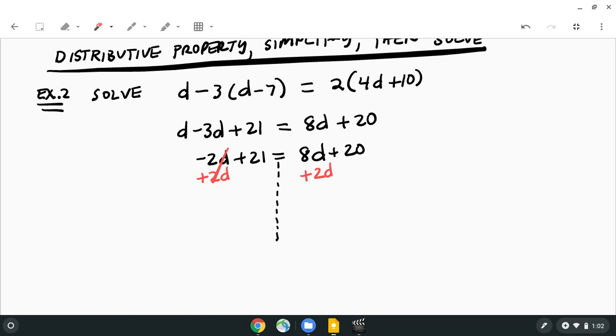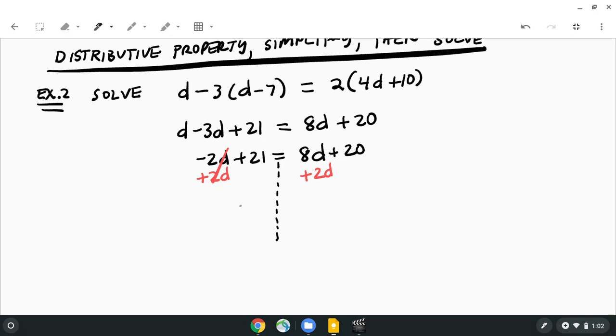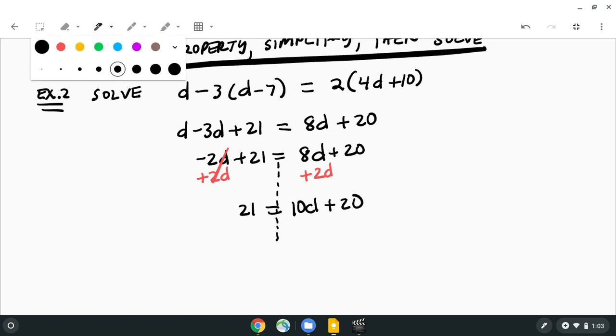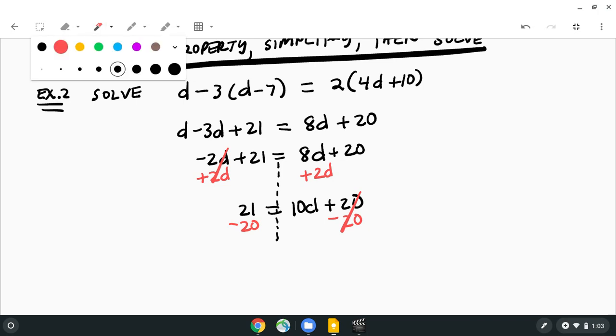Okay, so we get positive 21 on the left, and we get 10d plus 20. Okay, all right, and then here, I just need to get the 10d by itself, so I'm going to subtract 20 on both sides. That will cancel there. And I am left with